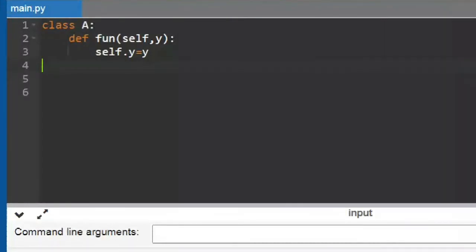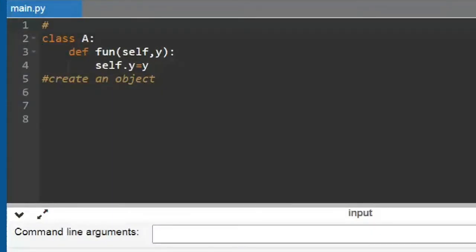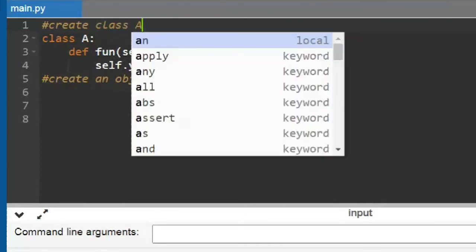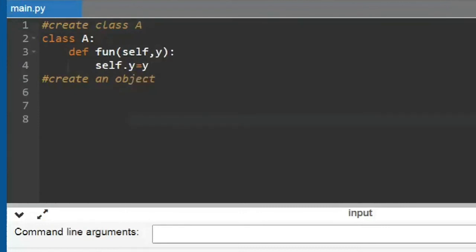And now what I'm doing is I have to create the object. So you created a class here, or you created a blueprint, and you created a class with the name A. And here what we are doing is you need to create an object. How do you create an object? You will be naming an object. So I said the name of the object, I'm just saying obj is equal to. So I'm putting an equal to here. And then I'll be calling the class. How will I be calling the class? I'll be calling the class with the parenthesis over here.